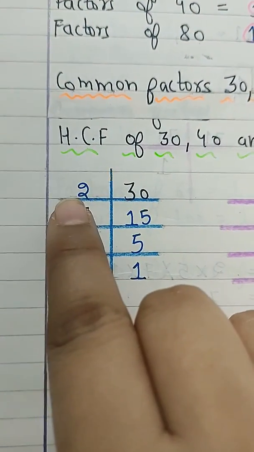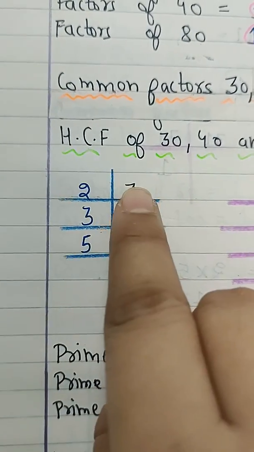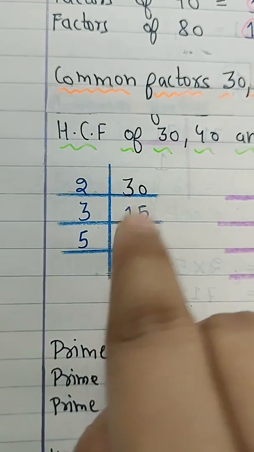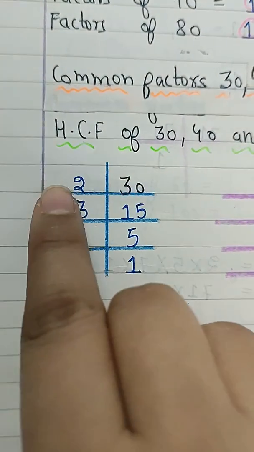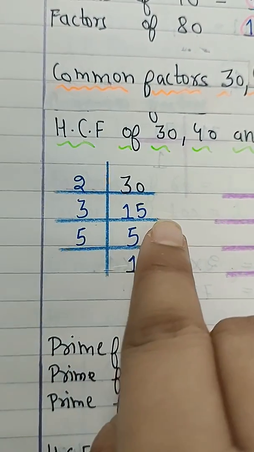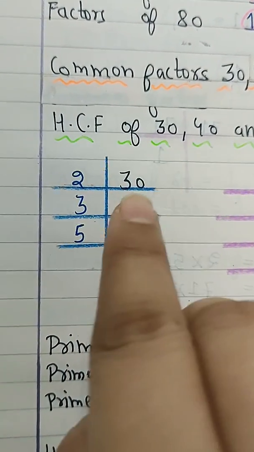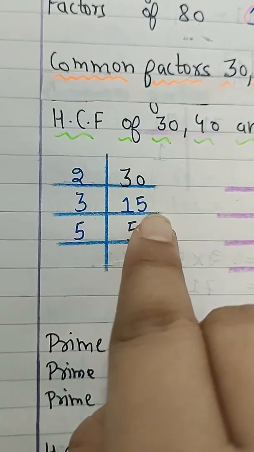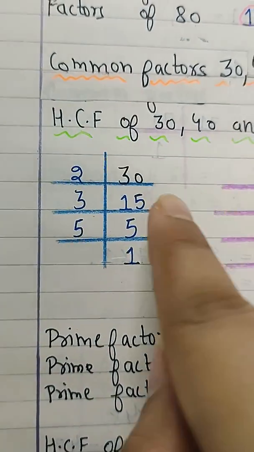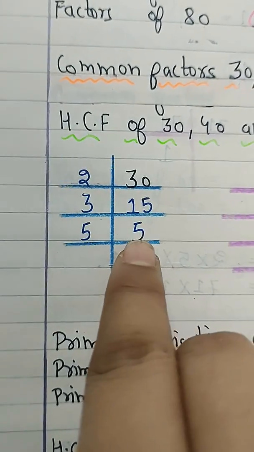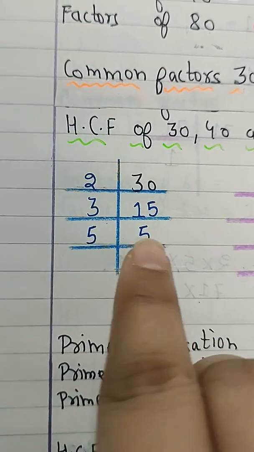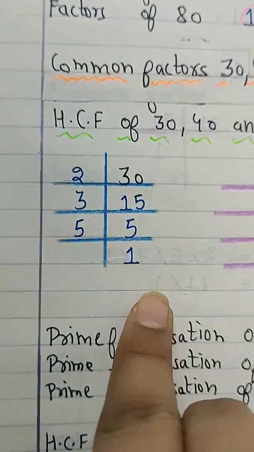So now 30 is divisible by 2. 3 does not come in the table of 2, we are going to take 2, and 2 comes in the table of 2 at 1. 1 we are going to put in front of it, it will become 10. 10 comes in the table of 2 at 5, so it will be 15. Now 15 does not come in the table of 2, so we have to go to the next prime number, that is 3. Okay, so 15 comes in the table of 3 at 5, and 5 is a prime number, so 5 comes in the table of 5 at 1.